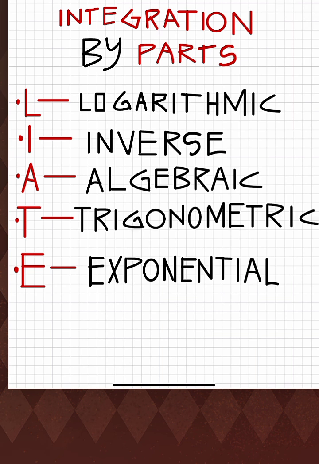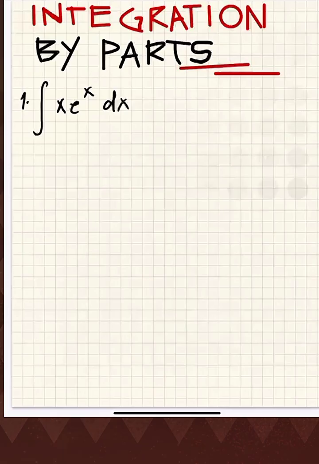It helps make the integration simpler. So let's break it down with step-by-step problems. This is our problem number 1 in integration by parts: the integral of x multiplied by e raised to x dx. In this problem, we have to choose what will be our u and dv. So for that, to make it easy for you to choose, we have to apply the